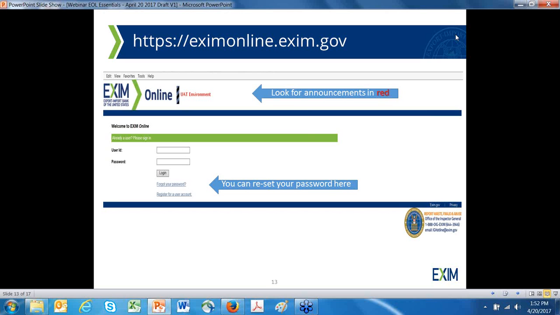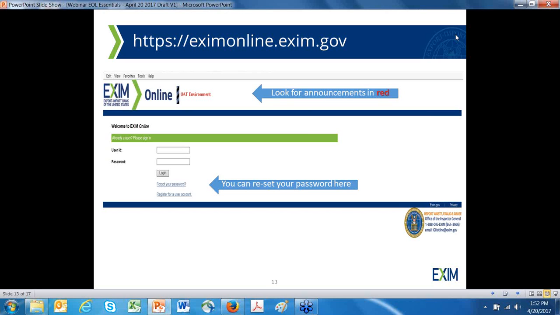Or there may be some updates and enhancements or improvements to EOL, in which case there'll be a notification about that, and typically or often a link to detailed information about those changes and improvements. To the extent that it's appropriate and necessary, we'll certainly try and alert you to those ahead of time, so you don't necessarily have to learn about them for the first time by logging into EOL.